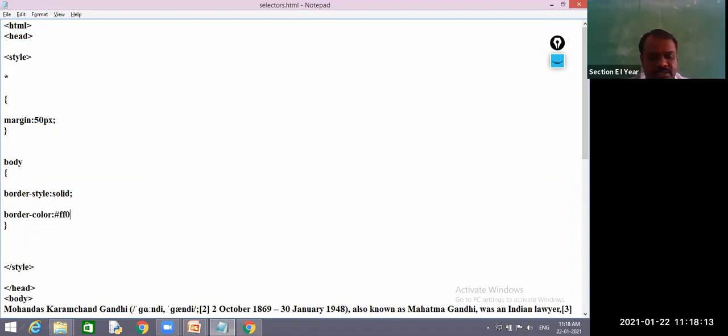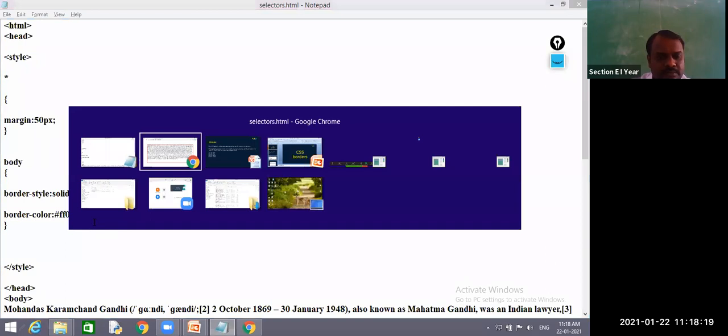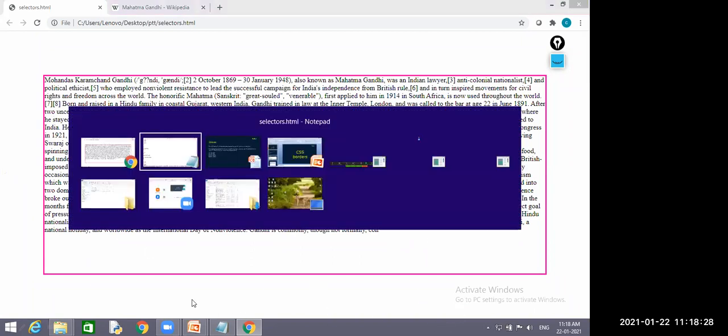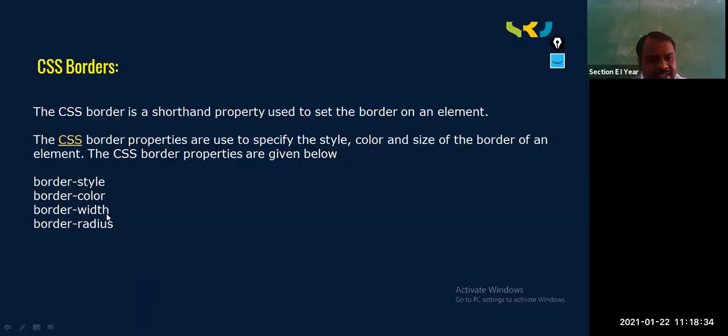So FF00AA, this is one color. I don't know how it displays. Yes, this is another color. So is it applied or not? Yes, sir.